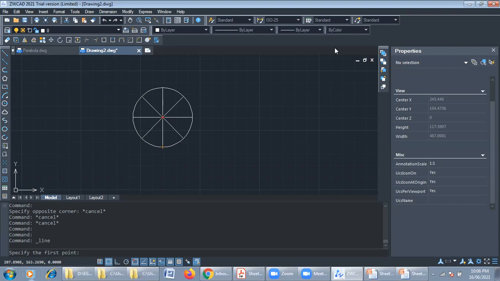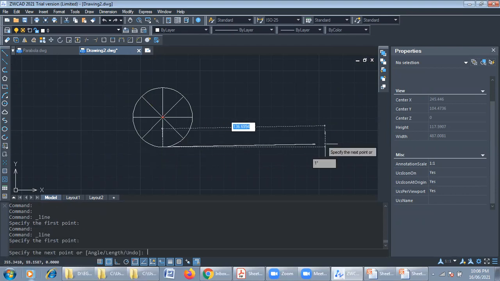For the 50 mm diameter circle, we are getting pi d equal to 157.6. So we need to draw the perimeter equal to 157.6.